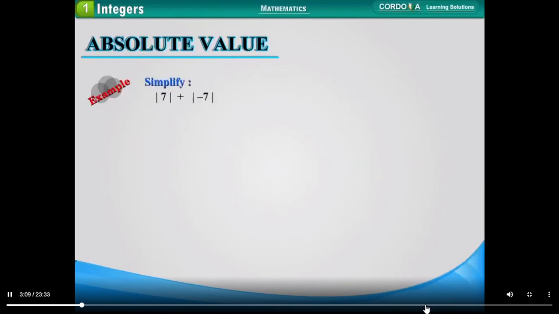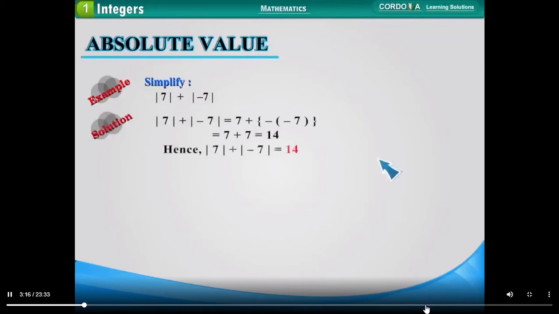Example: simplify |7| plus |-7|. Solution: the absolute value of 7 plus the absolute value of -7 is equal to 7 plus 7, which is equal to 14. Next example: the absolute value of -3 plus the absolute value of -2. Solution: